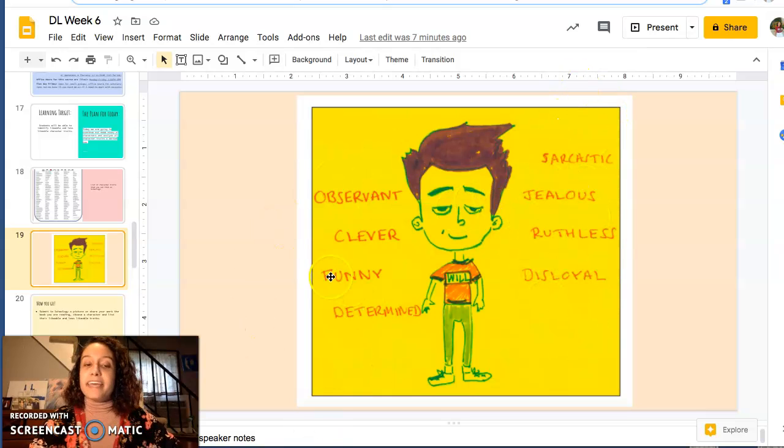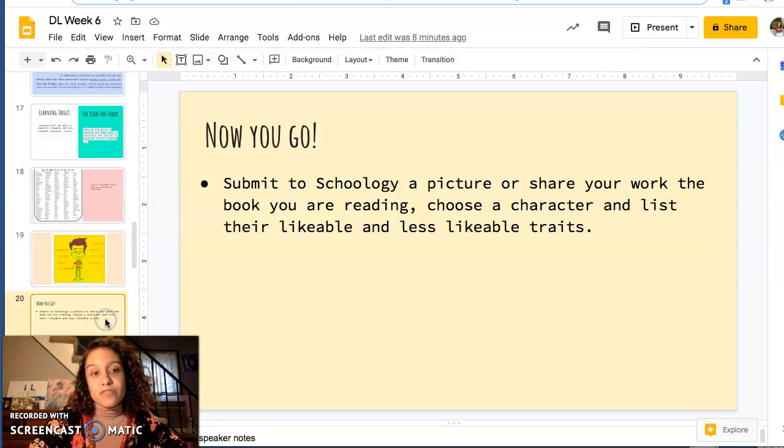And sometimes that can be like a good thing because that's almost like determined, stubborn. But it kind of depends on the situation and the circumstance. Just like how for most of us it does.